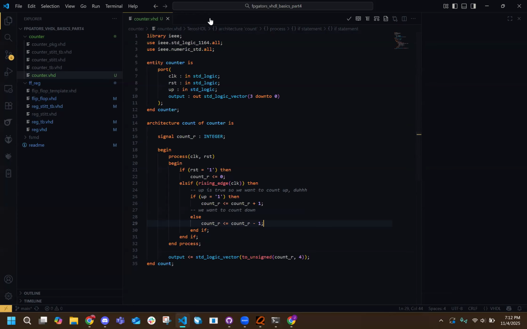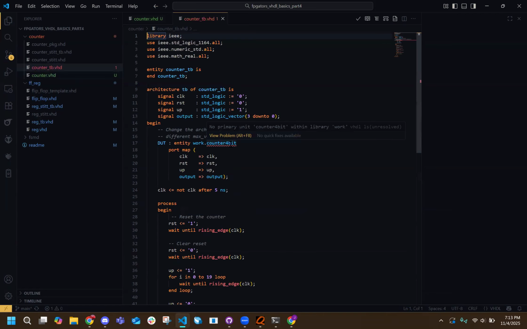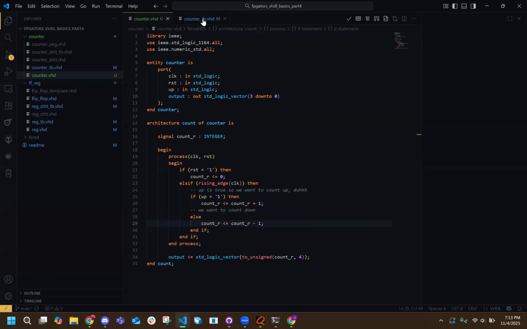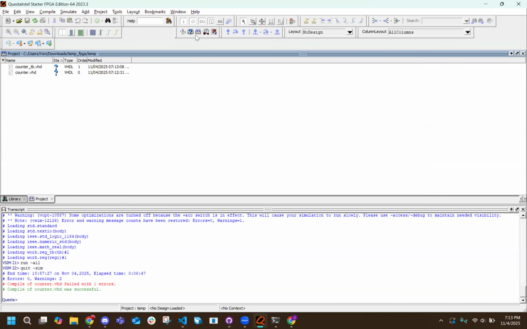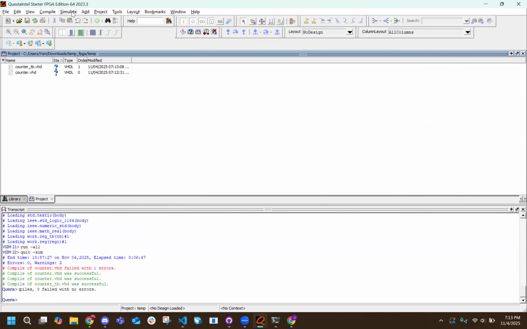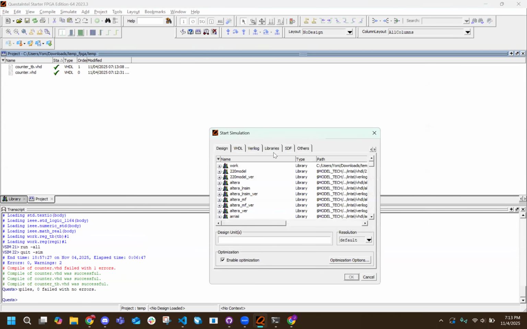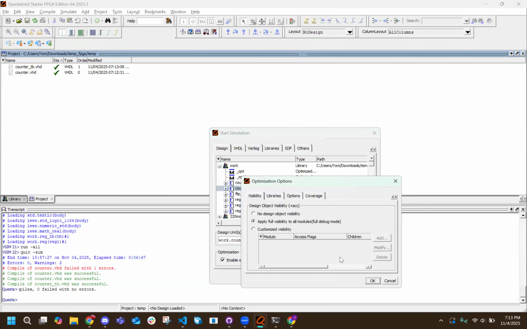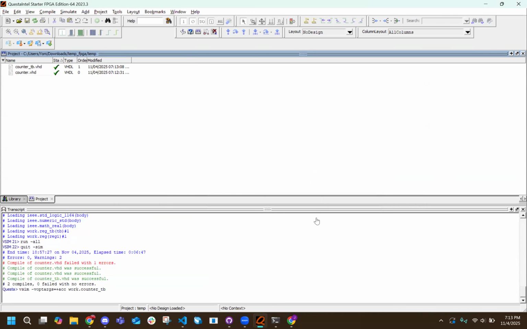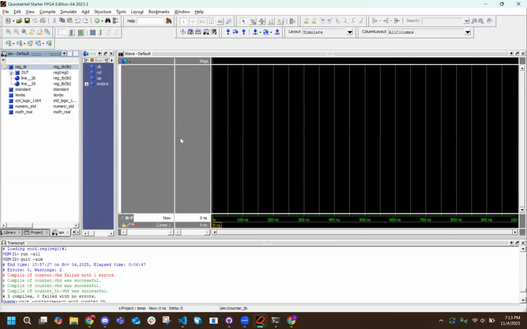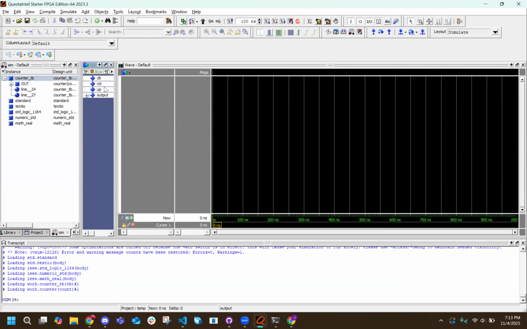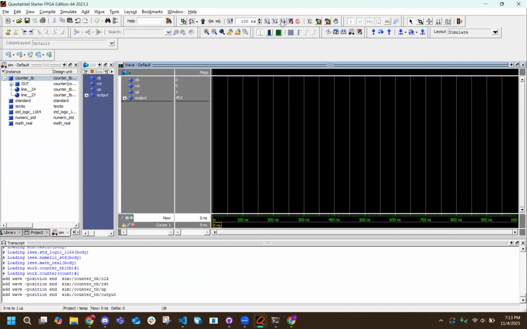Let me close this, open up this test bench. So now we'll just call it counter because that's the name of the entity from back here in the file. Let's compile all. They compile. So simulate, run simulation. This is my test bench. It's obviously not very thorough, but we're still good. So let's pull these signals into here. And if we run that,